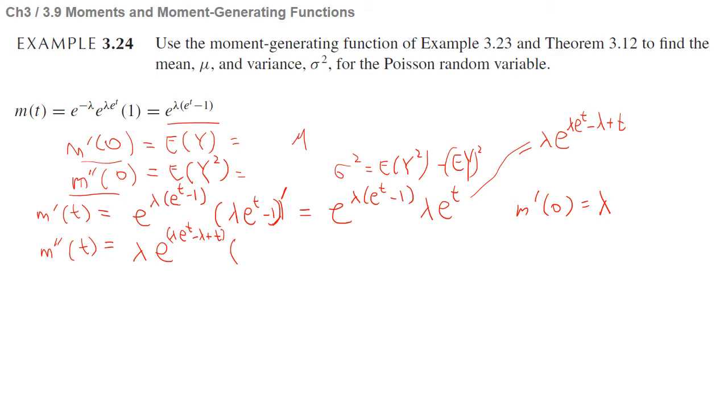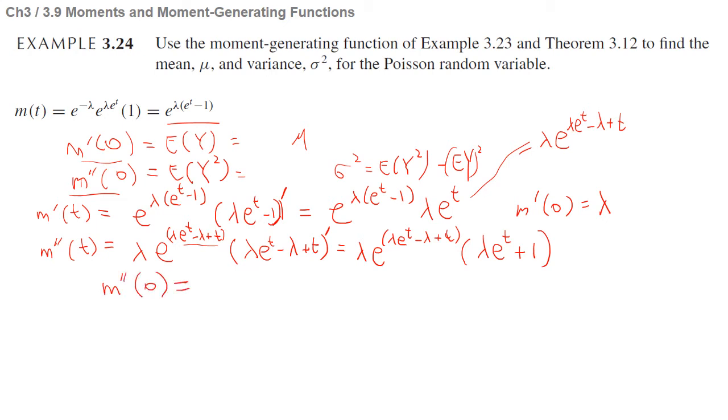the derivative of this thing, lambda e to the t minus lambda plus t, with respect to t, so this is lambda e to the t minus lambda plus t, times lambda e to the t plus 1. Okay, so this is the second derivative of that, and put 0 here, and then we get e